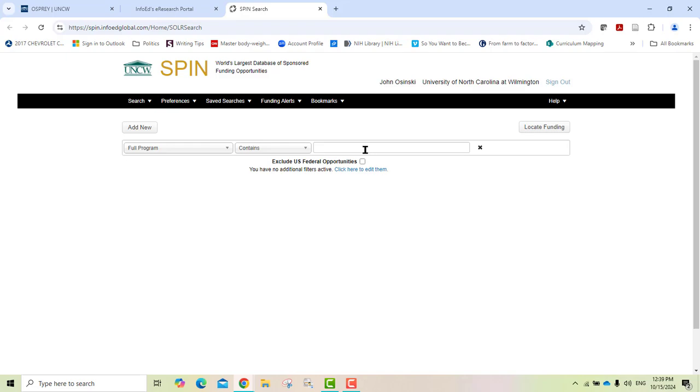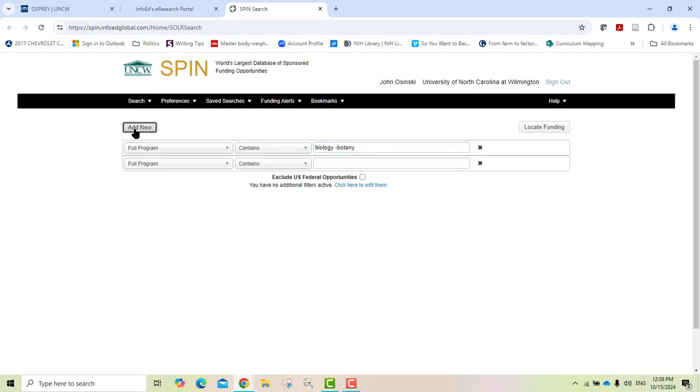So let's say under full program contains, we're going to look for biology minus botany. Okay, so we're looking for grant opportunities with the word biology, but not the word botany. And then we want to add a second line. So we click this Add New. And once again, we've got the options for full program contains. We're going to change this to